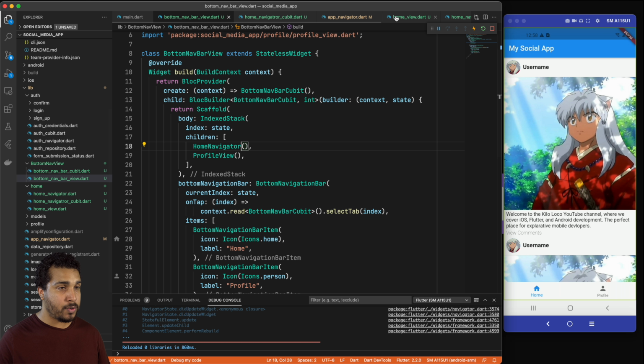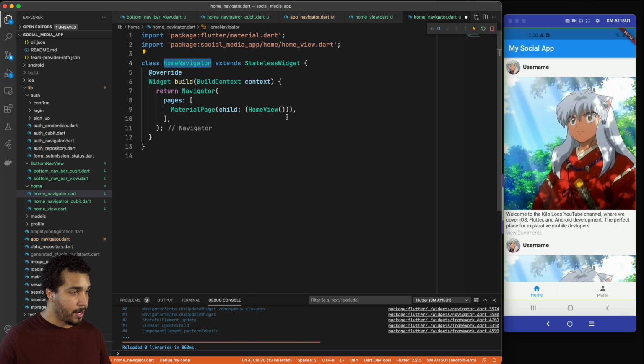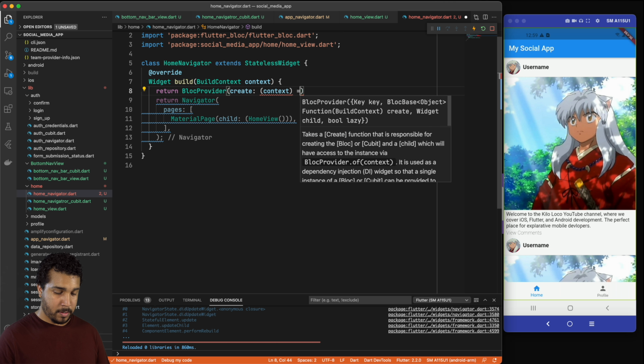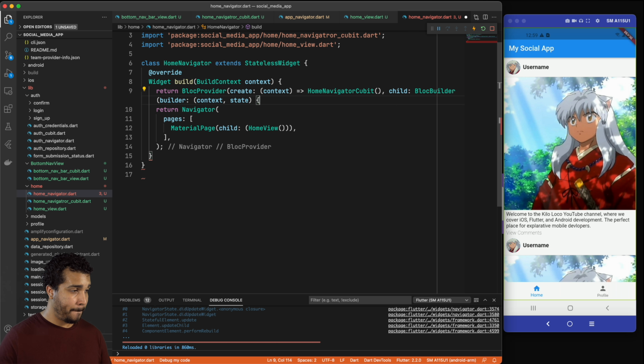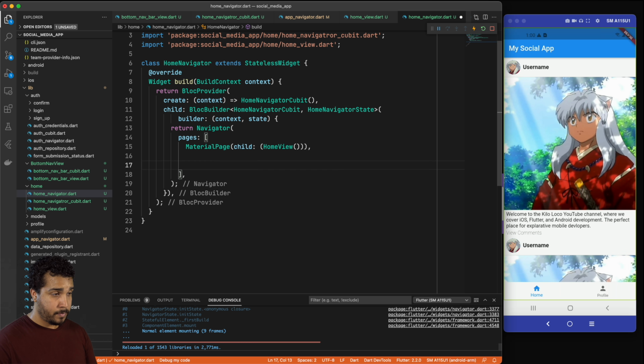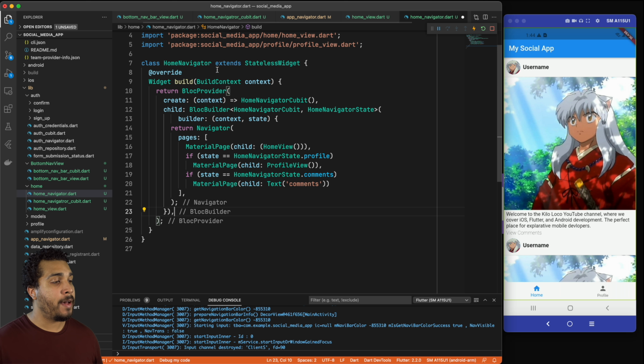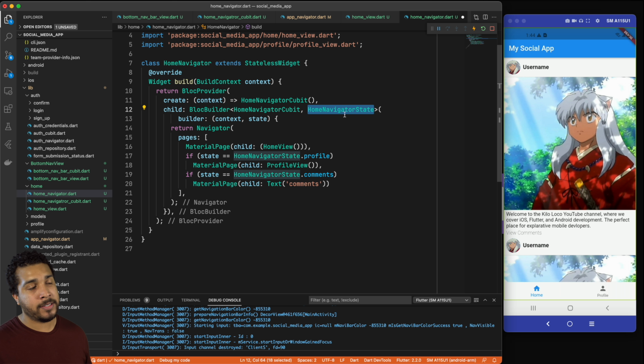Now, if we head back over to our home navigator right here, what we can do is we can use a block provider and a block builder in order to use the home navigator qubit as a way to know what should be displayed to the screen. All right, so as you can see, we have our block provider, which is creating the home navigator qubit. We're going to be using that home navigator qubit inside of our block builder, and we're going to also be accessing its state. Then, using the navigator, we're going to always have the home view at the bottom of the stack,